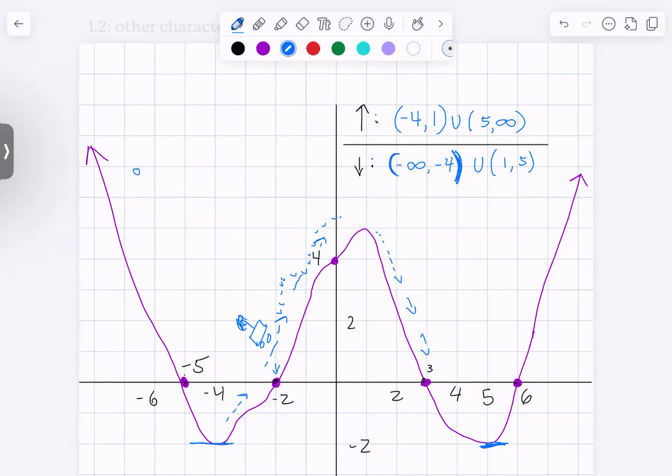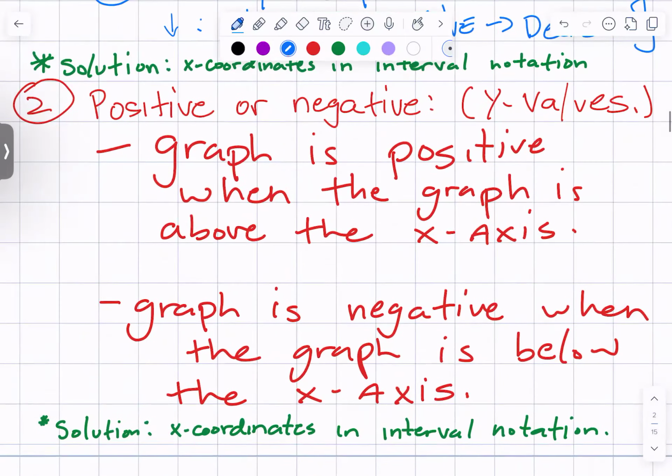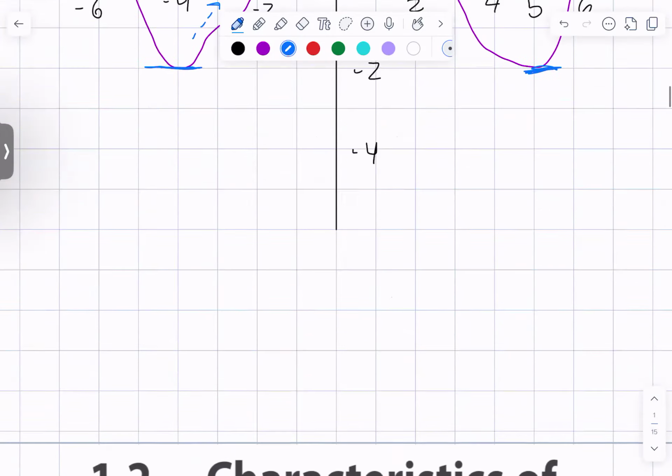All right, the next one is, is it positive or negative? If the function is above your x-axis, it's positive. If your graph is below the x-axis, it's negative. And we're talking about the y values. Are your y values positive or negative? And remember, the solutions are the same thing as the increasing and decreasing. It's the x coordinates in interval notation. So going back to this graph,